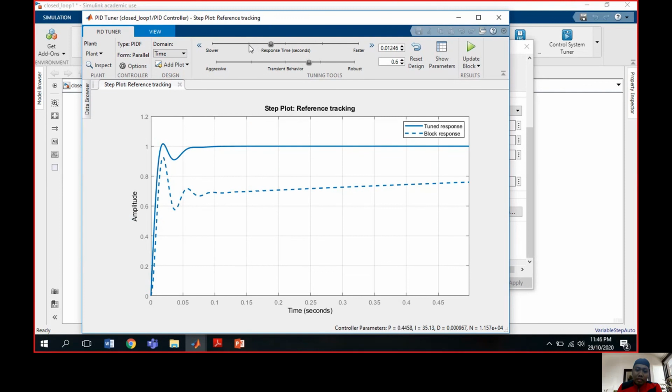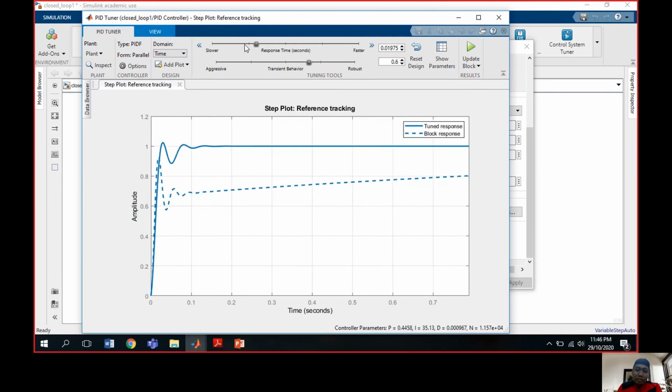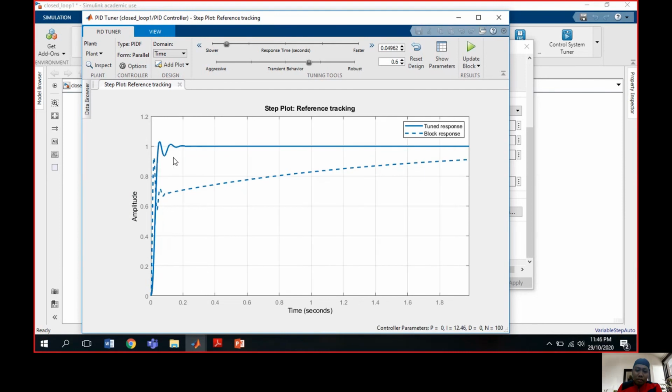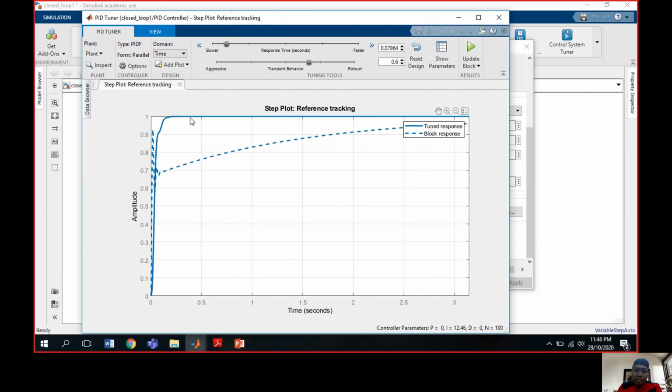So I will adjust a little bit slower for the graph based stability. So now you can see the graph is already stable. So this is the control parameter for the result: P is 0, I is 12.46, and D is 0, N is 100.